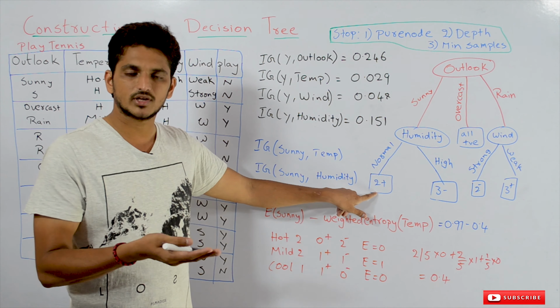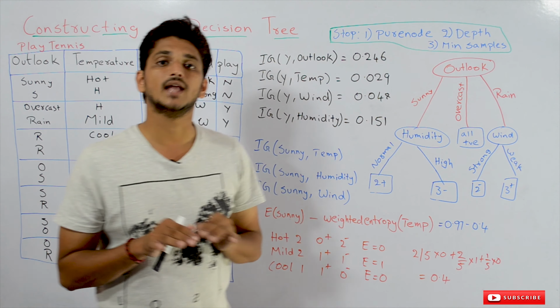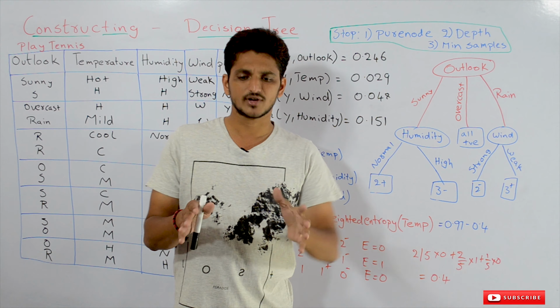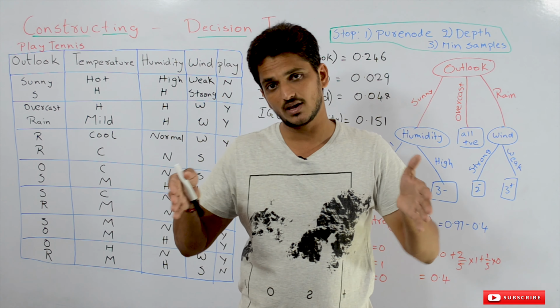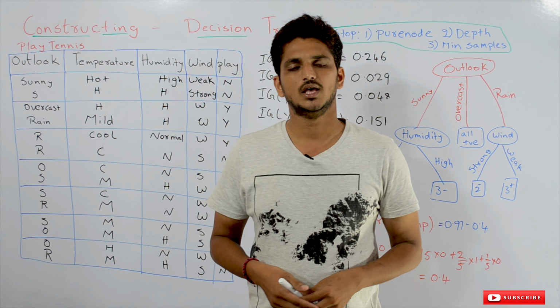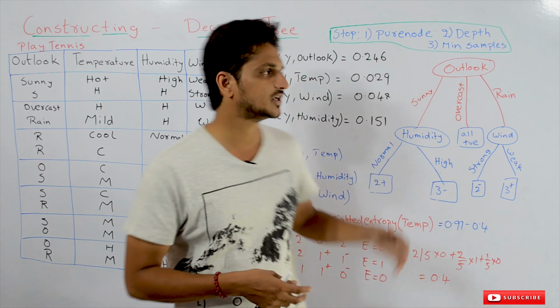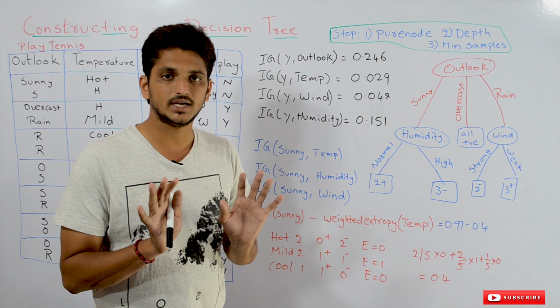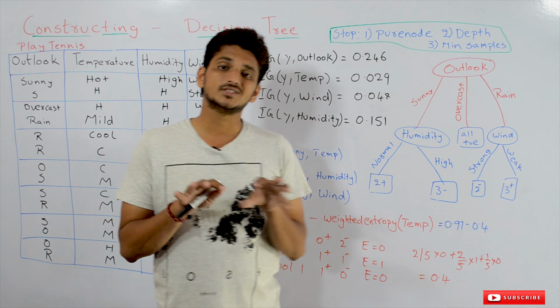There are other ways to stop the decision tree. One of them is to identify the depth. We can assign a depth value. Suppose in our data set we are having 1000 data points. If you mention the depth is equal to 8, our decision tree will be constructed only up to 8 levels: depth 1, depth 2, and so on, up to depth 8. After that it will stop constructing the decision tree. This is one way. So what's the effect of depth?